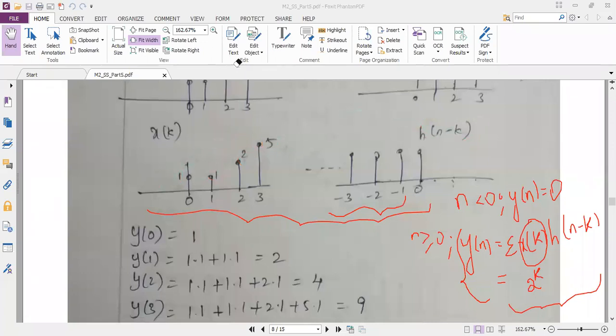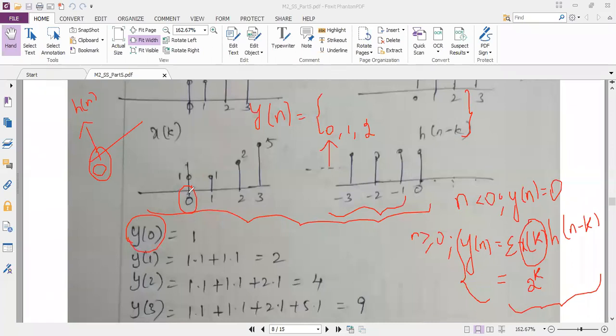From the question, can anybody tell me the index of output y of n, where it will start? Y of n will start from 0 or from some other number? You know how to analyze the index of the output. So x of n index is 0. Similarly, what is h of n index? Before shifting operation, h of n index is also 0. So index 0 plus 0, if we add, my output y of n is also 0. The index will start at 0. So that's why I'm writing y of 0 as my first answer. I hope you are following it.